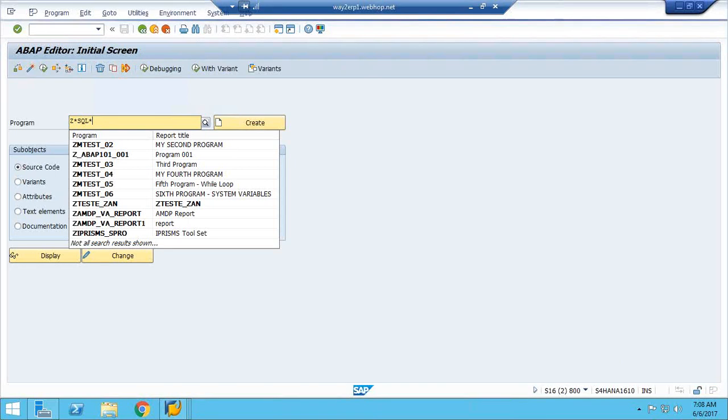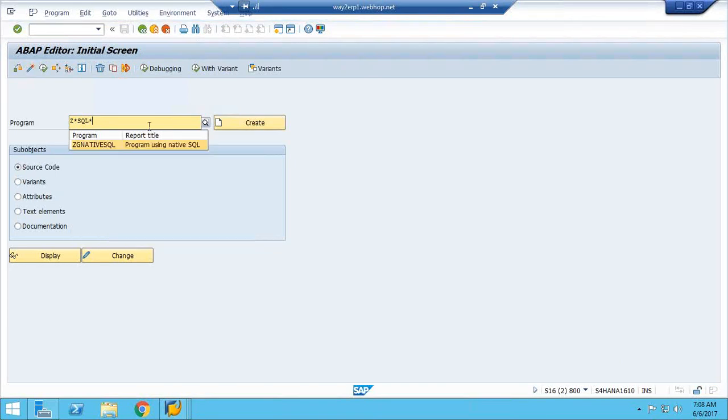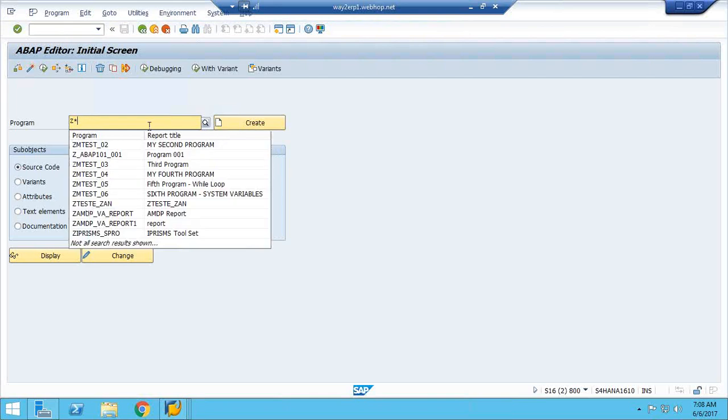That depends on the environment, how your landscape is designed. It is not related to HANA. Here we are discussing IDA systems, so we have only one client, and in that client data is there.